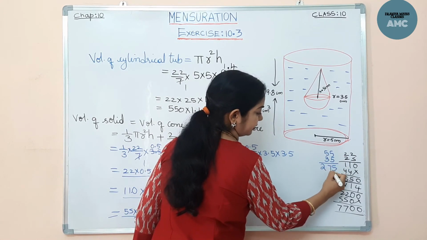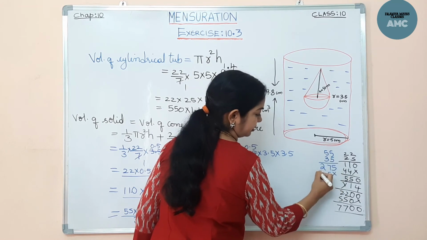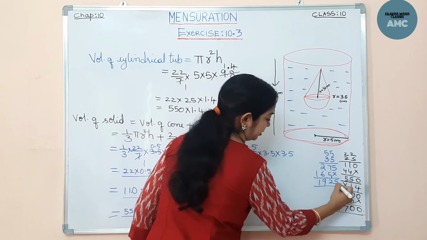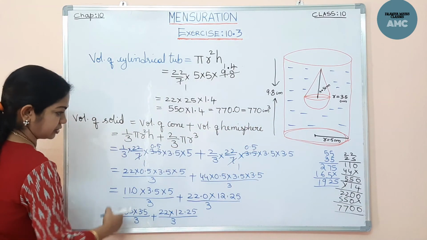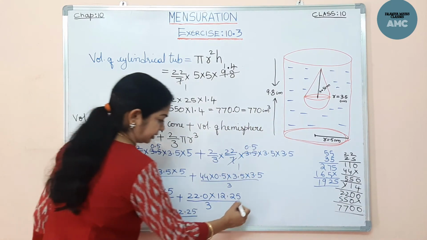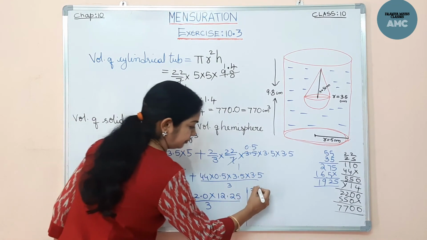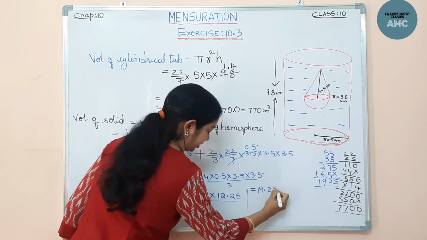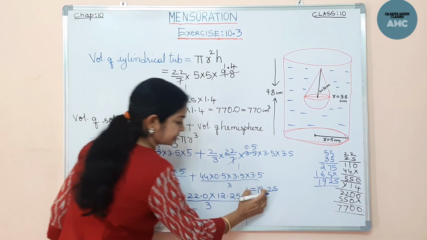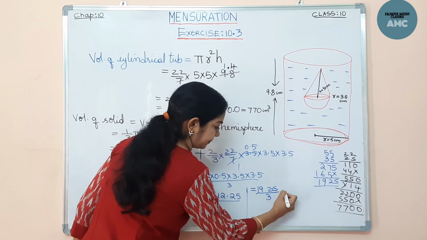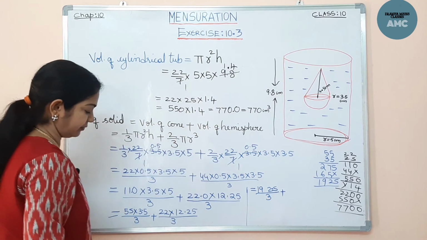Now 15, 16. So 5, 12, 9, 1, 19, 25. This comes to here. Let me write it down here. This comes to 19.25. Now only one digit after the decimal here. Okay, the decimal will be here, by 3 plus this part 1225